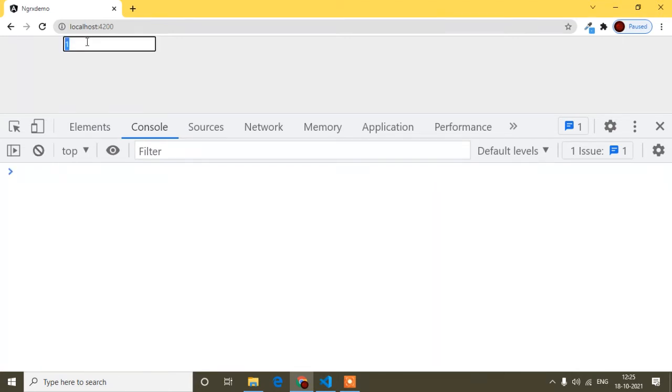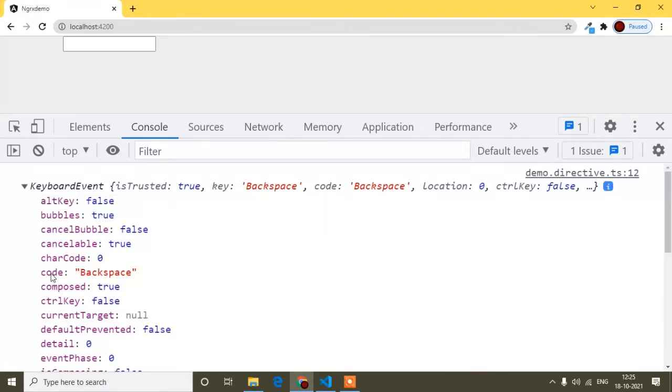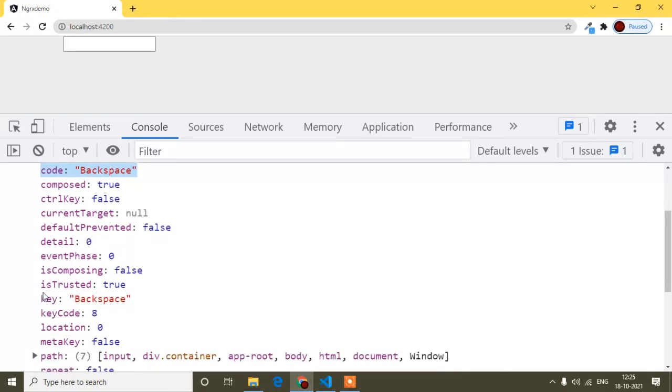Now if I remove this one, that means I pressed backspace to remove the 1. Here you can see code is Backspace, character code is 0. Actually, I will not take character code; anything I can take, between code, key or key code. So key is Backspace, code is Backspace, and key code is 8.